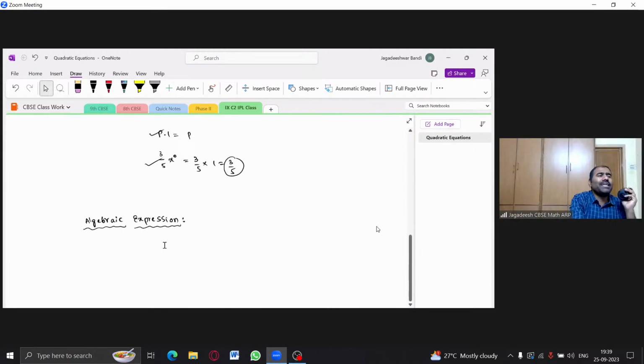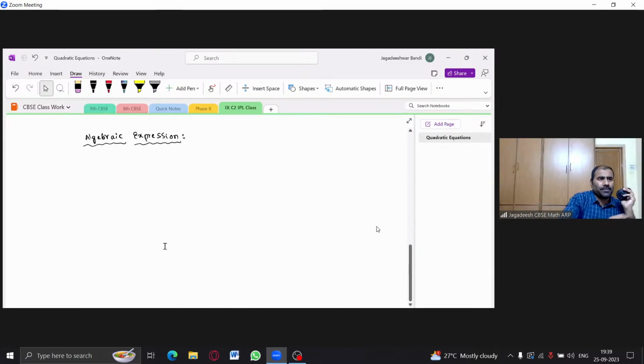Fine. So now we need to talk about algebraic expression. So terms are obtained or formed by what? Combination of multiplication and division. Now algebraic expressions are formed by combination of addition and subtraction. So an algebraic expression